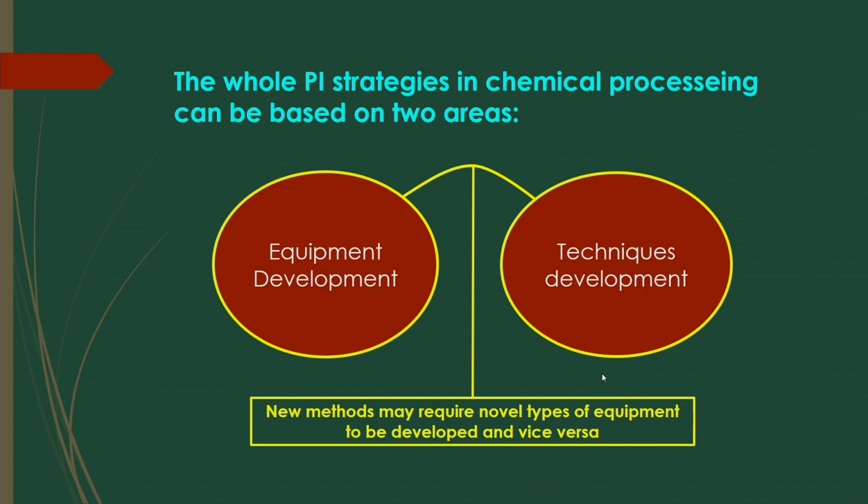And the whole process intensification strategies in chemical processing can be based on 2 areas here: equipment development and techniques development. Whatever processes we have discussed, you can concise in 2 ways. Equipment development is also important, because whatever reactors are being developed,